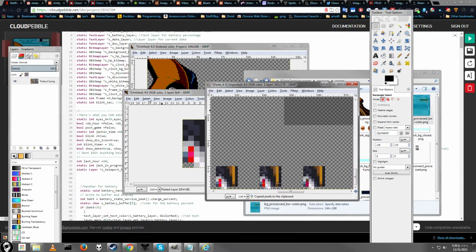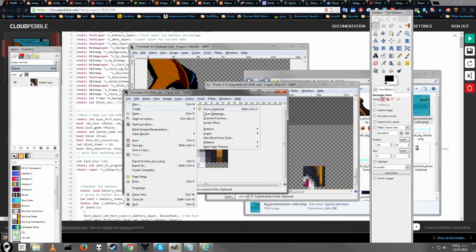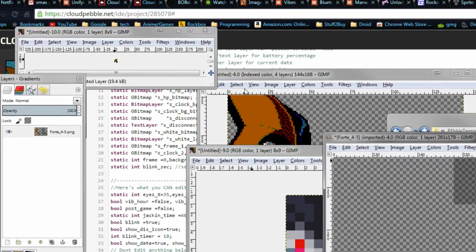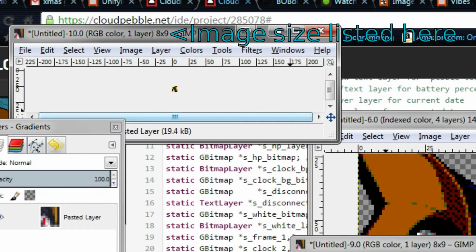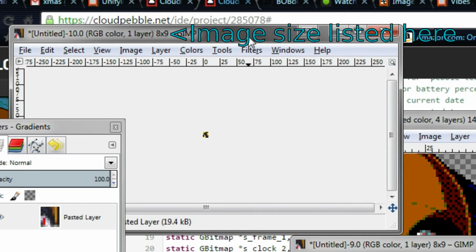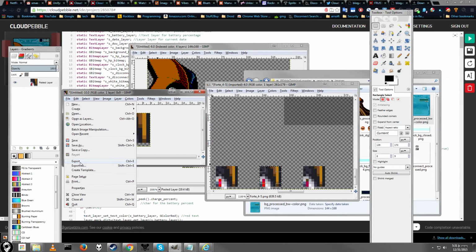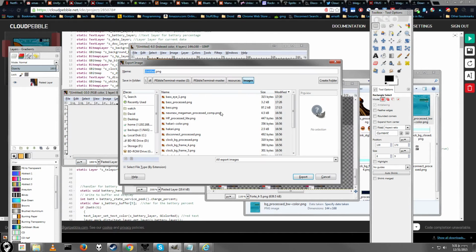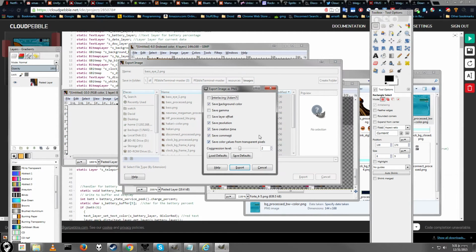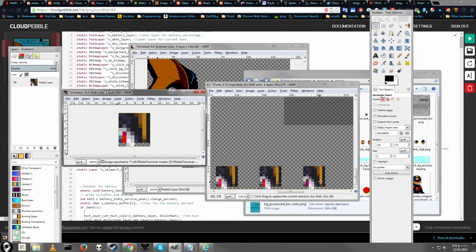Alright, so let's copy this. File, create from clipboard. You can do that on any of these since they all have the same thing. And it's 8x9 again, so we're good. If it wasn't 8x9, you'd have to go back here and make sure you have the entire eye copied. So we'll call this base i2, export, and we'll call this one,